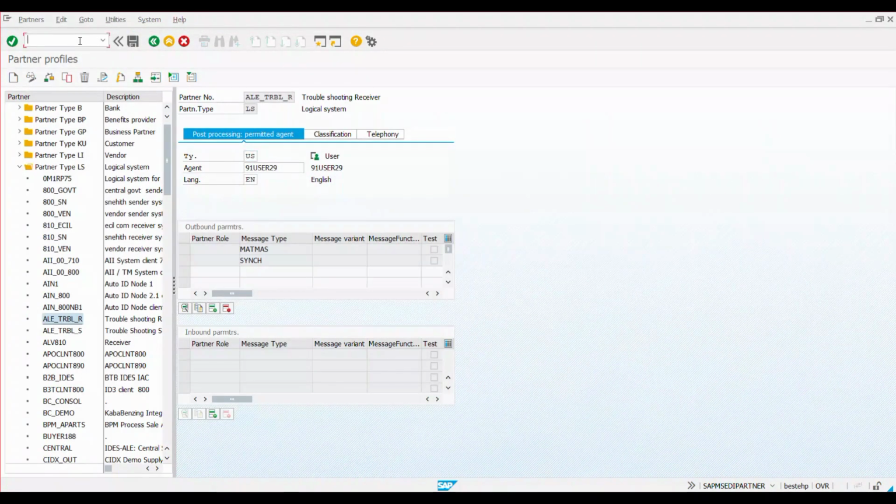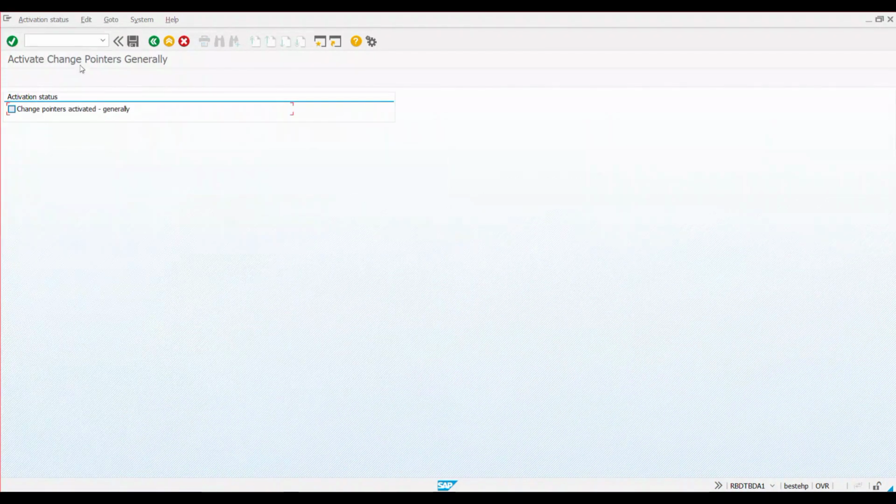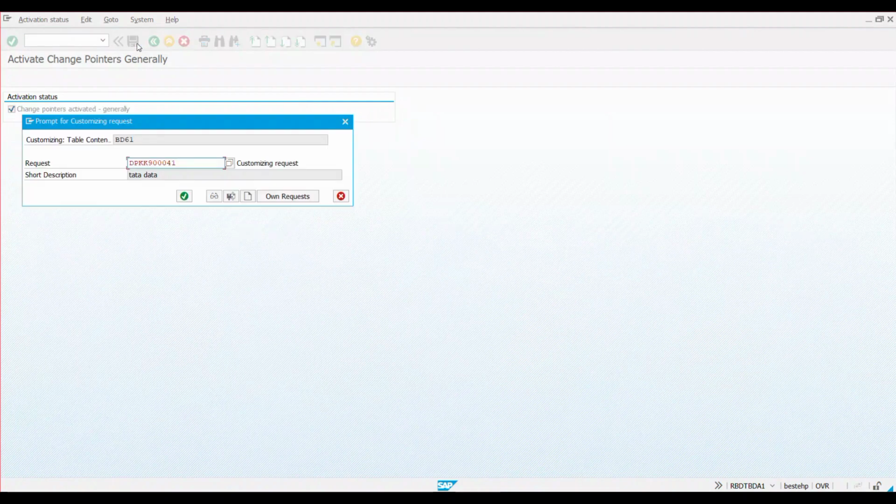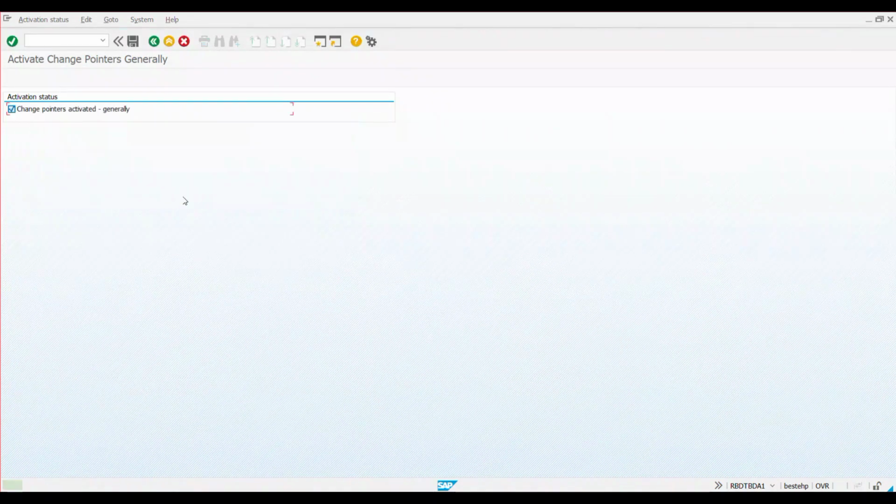Now I'm going to activate the change pointer globally. That is the T code BD61. Run the T code BD61. Select the checkbox, change pointers activated generally. Click on save. Okay, this is the T code I'm activating, and it is asking for the customization request. I'm saving my change pointer request with respect to my tier. When I click on enter, I have saved successfully. When I click on back,